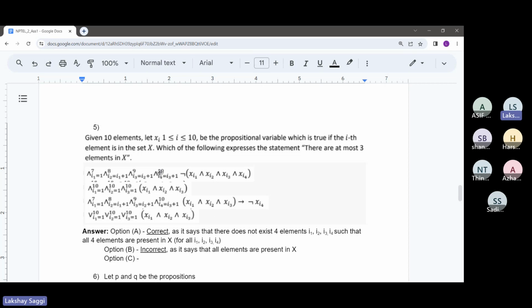This statement also makes sense because what it's saying is whenever the set X has three elements, there can't exist a fourth element in this set. Because if there exist three elements I1, I2, I3, then some other I4 can't exist. That's why this is not xi4. And this is what we want to say, right? Because we don't want to have more than three elements in X. So when we reach three elements in X, we don't want any more. That's what it's saying: if there are three elements in X, then a fourth can't be present. So this is correct.